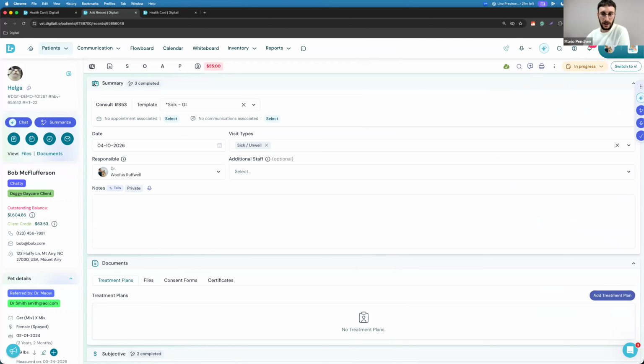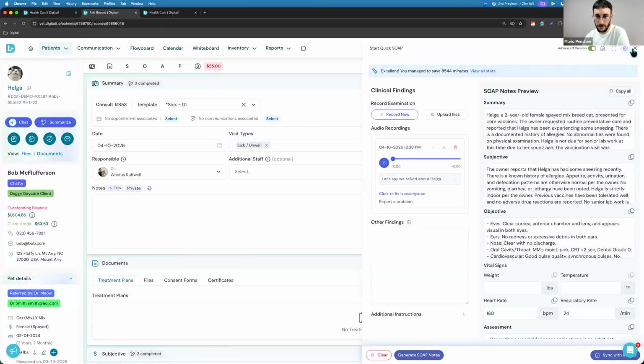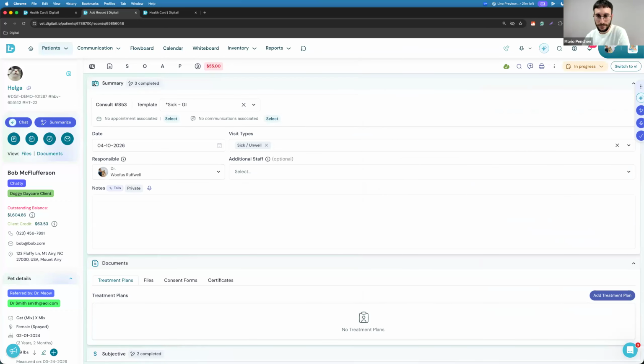And do we still have the advanced options for the templates in the new version? If we're talking about the soap templates. We just have a question from Samantha. The question is, do we still have the advanced options for the templates in the new version? And I'm assuming this is referring to